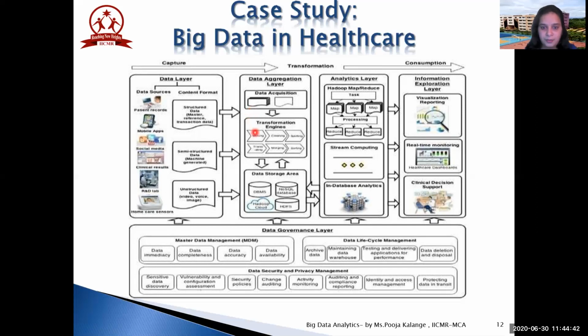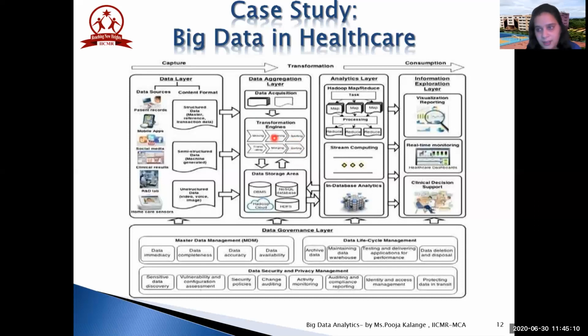After that, in the transformation engines, AI and machine learning algorithms will be used. It could be mining the data, cleaning the data, managing the data, classifying the data, or clustering the data. These are more advanced concepts of AI and machine learning. You have also already studied this in your subject of data warehousing or the advanced database concepts.